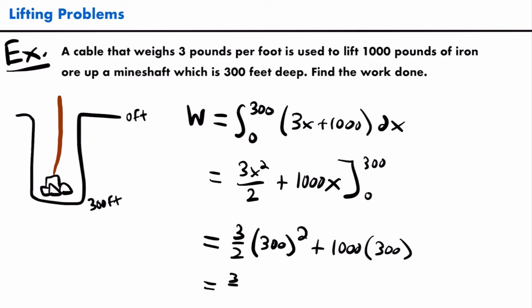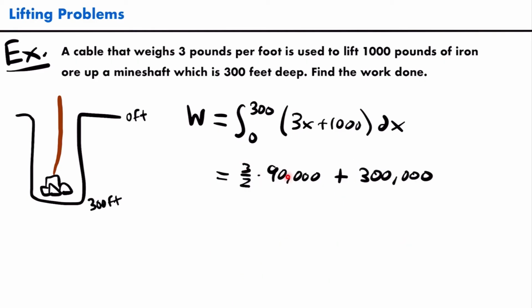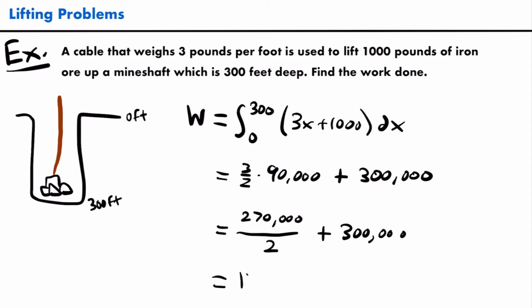All right, but then 300 squared is 90,000. So this is equal to 3 halves times 90,000. And that will be added to 1,000 times 300, which is equal to 300,000. And so if I clean up my work here, 3 times 90,000 is 270,000, and so this is equal to 270,000 divided by 2, and that is added to 300,000, and 270,000 divided by 2 is equal to 135,000. And so if we add 300,000 to that, our final answer of work will be equal to